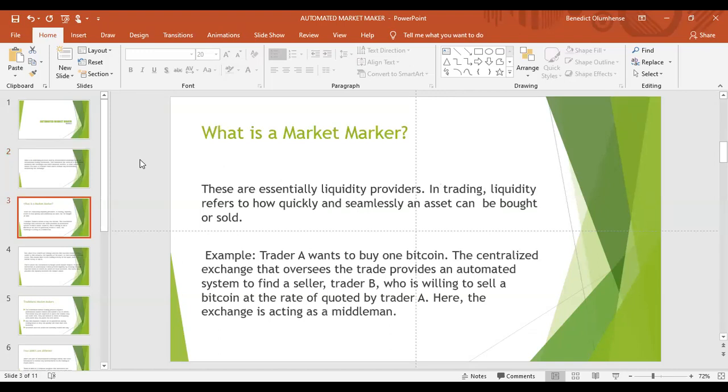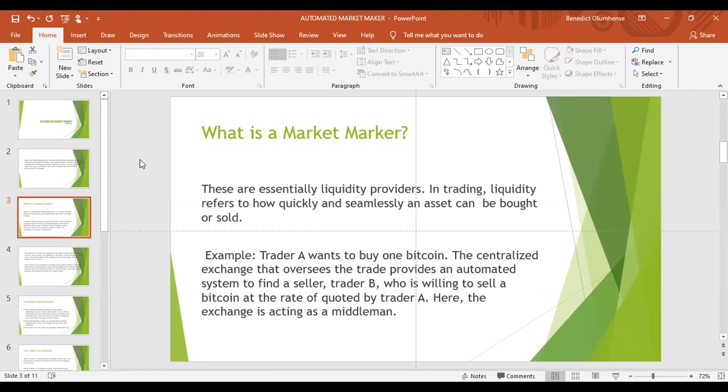So what is a market maker in essence, right? These are liquidity providers. Liquidity refers to the simplicity and quickness of how an asset can be bought or sold. So a typical example is